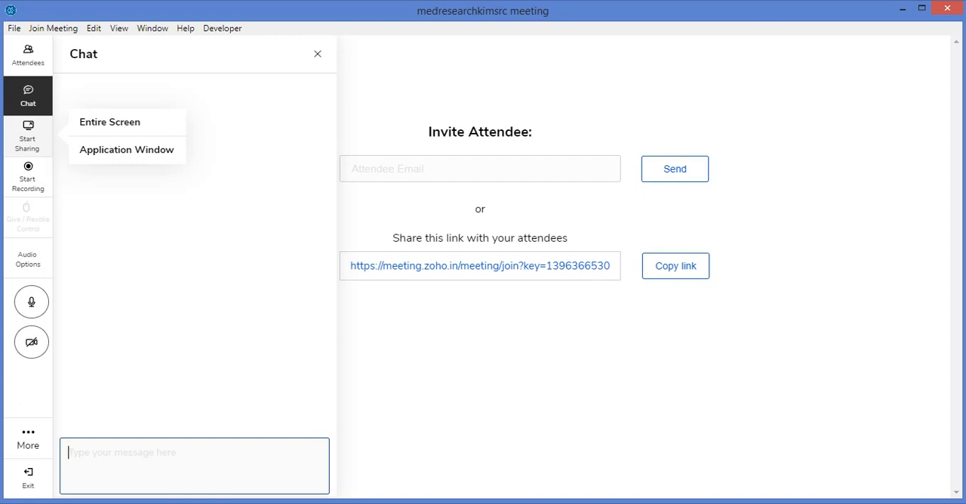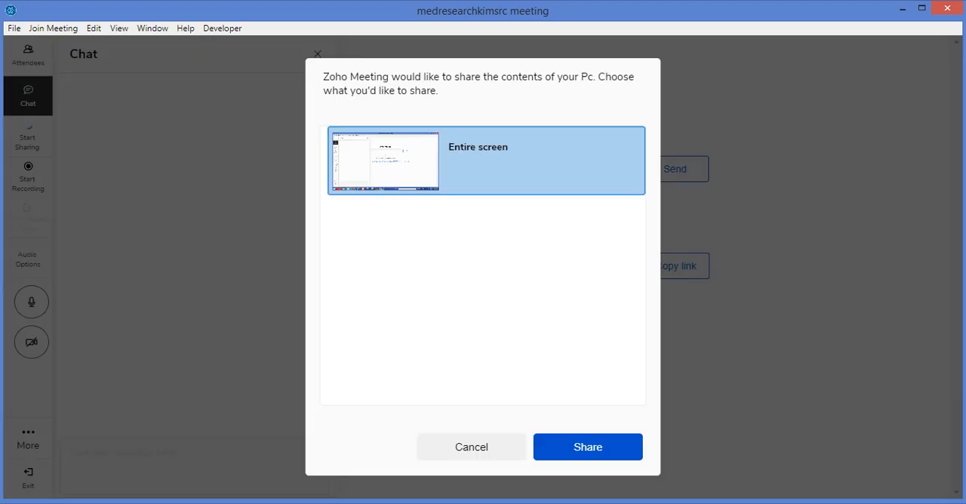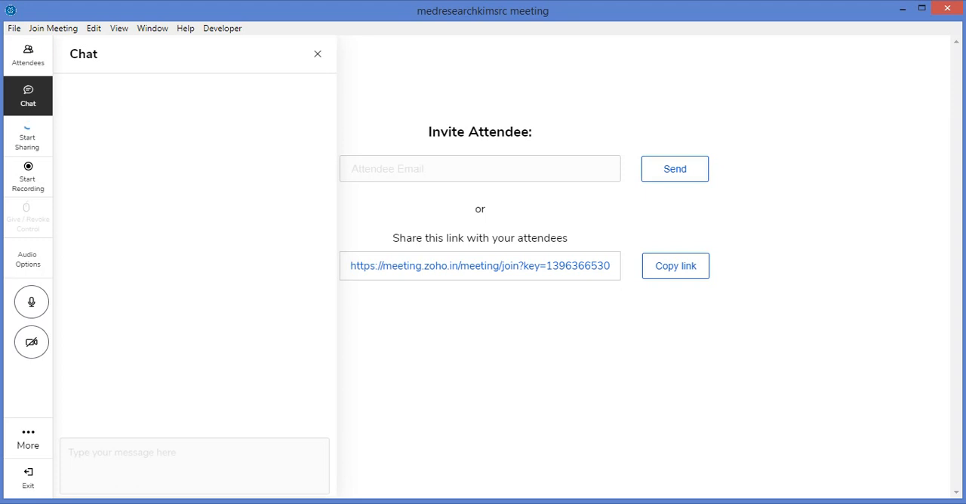So when you go to the start sharing option, you can see two options: entire screen and application window. You have to click on entire screen. When you click on entire screen, it will show you a dialog box like this, asking your permission to share the screen. When you click the share button, now on the left hand side top,